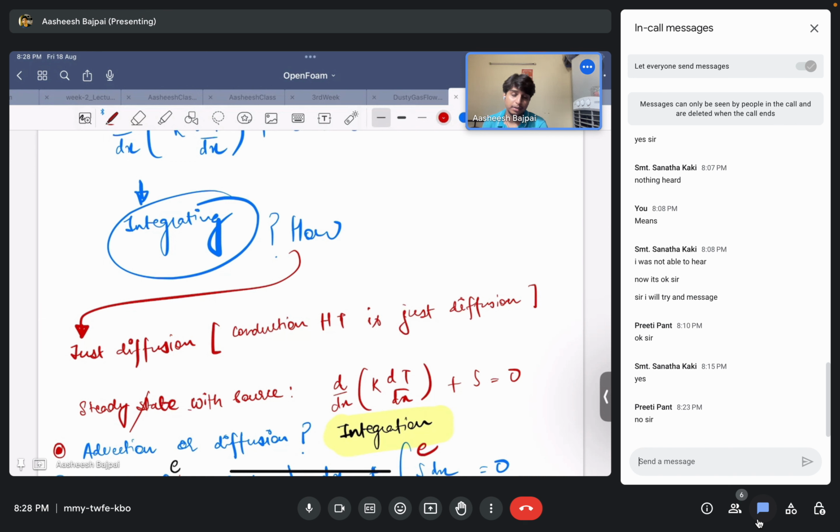Because it's a very important concept, you guys need to understand. Later you will face some problems writing codes, so these are the basics for writing code. That is nothing but equations in the form of